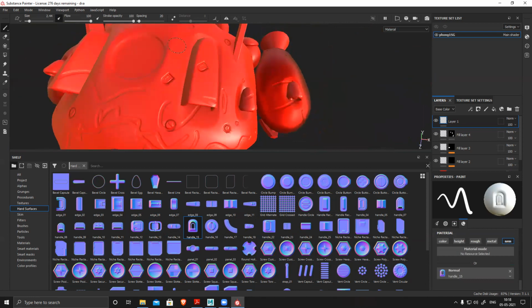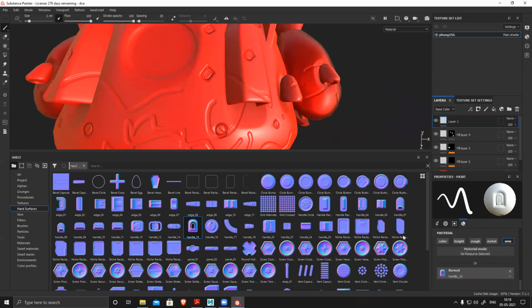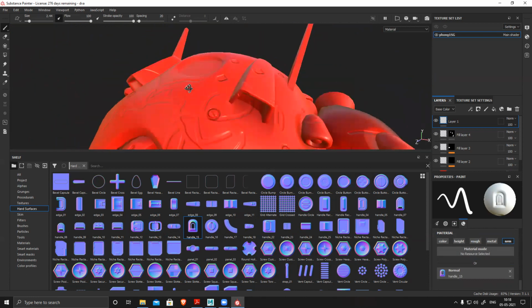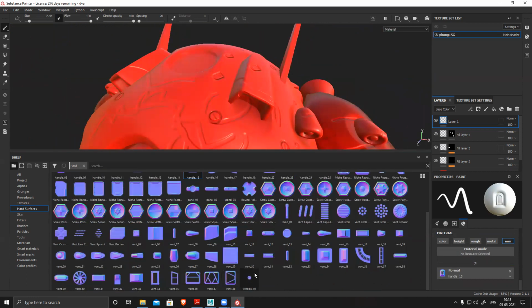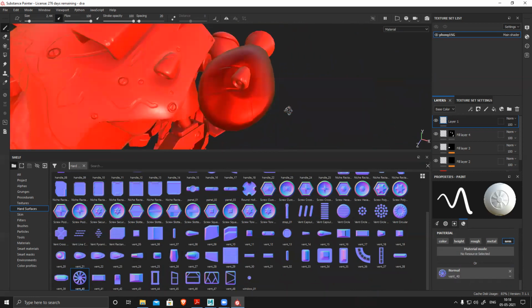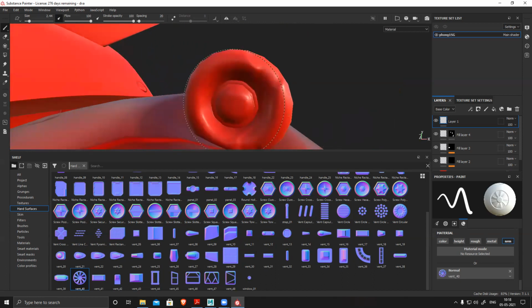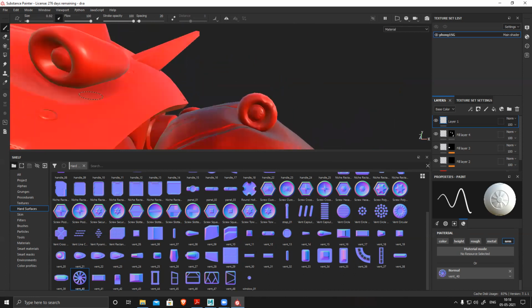See, like this, I can change and create all these details on my surface. Suppose I want to paint this one, I cannot select and paint it. It won't work. I have to drag drop in normal, and suppose I want to apply this here. Reduce the brush size, create it.